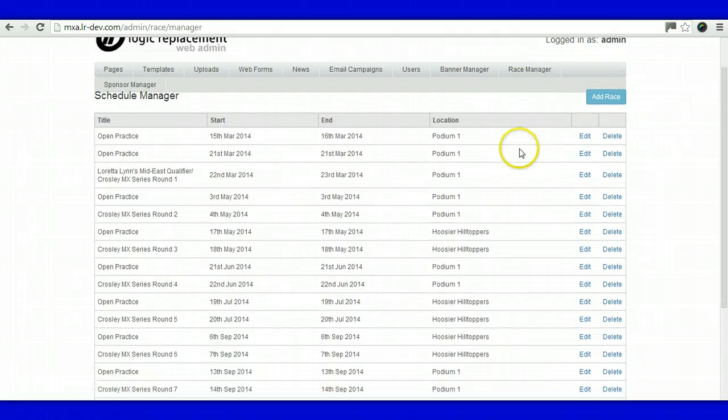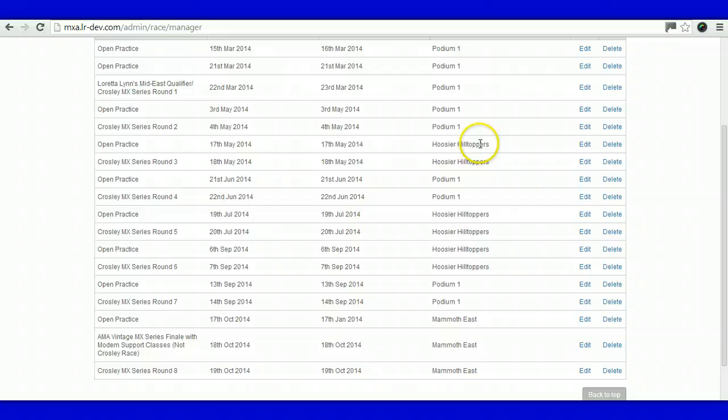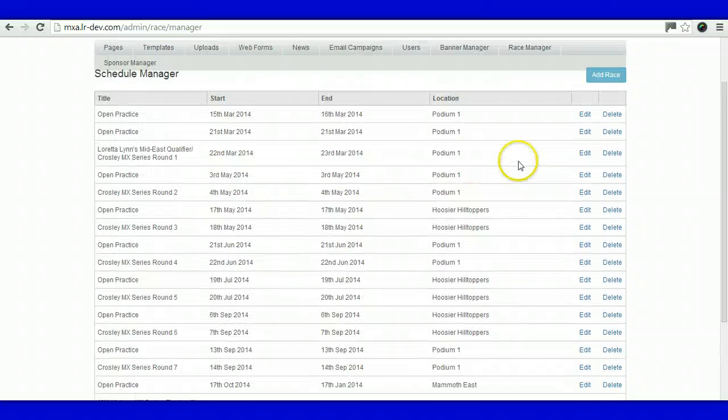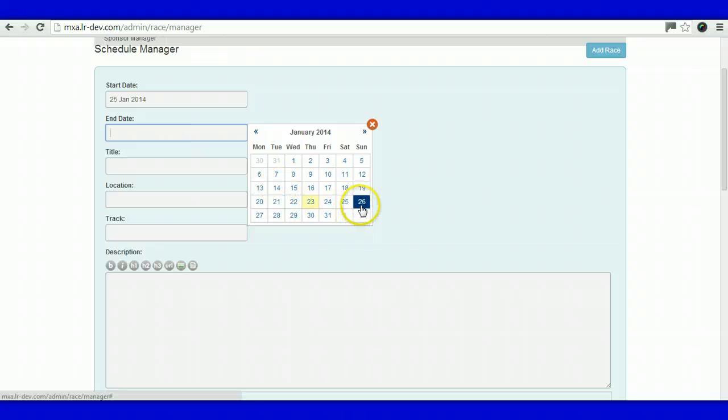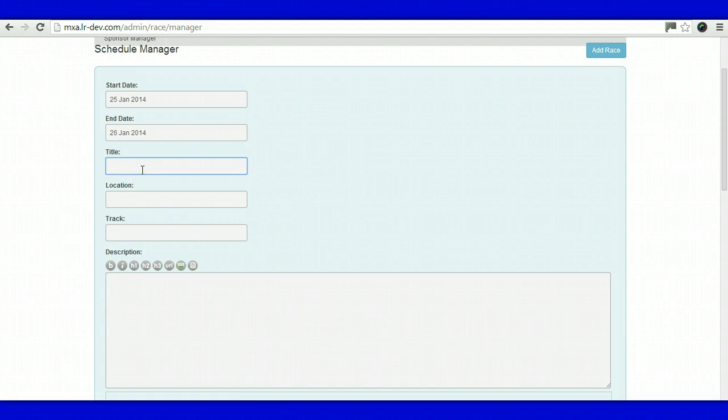And we already added in all the races, so here's all the events for the entire season. But if you wanted to go ahead and add in a race, you just click Add Race, and you select the start date for that race and the end date. Put in a title, the location,